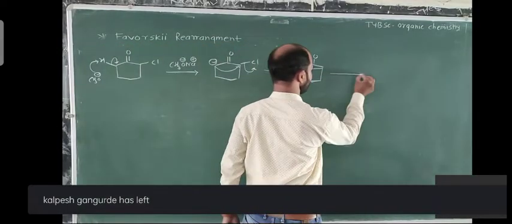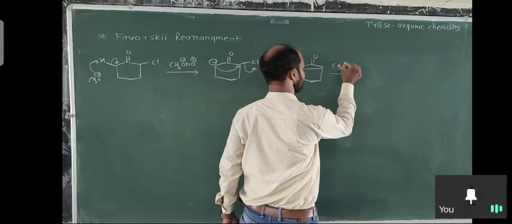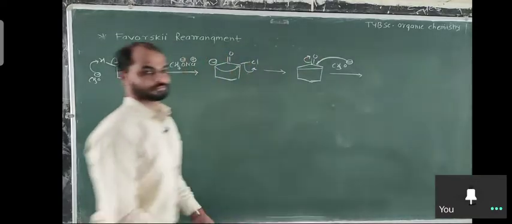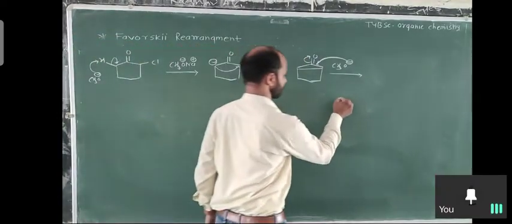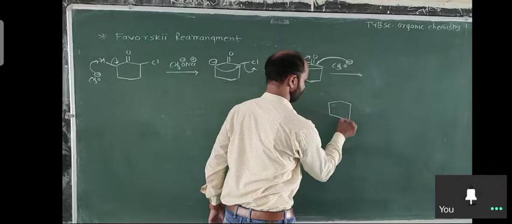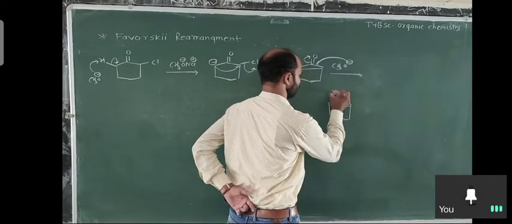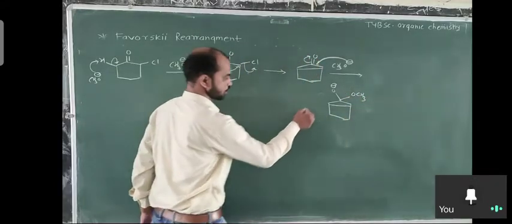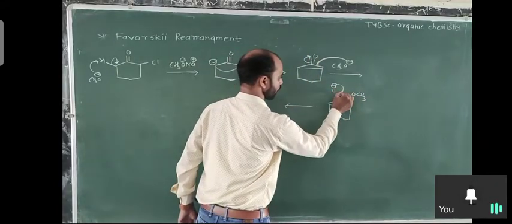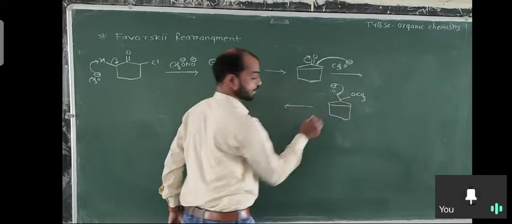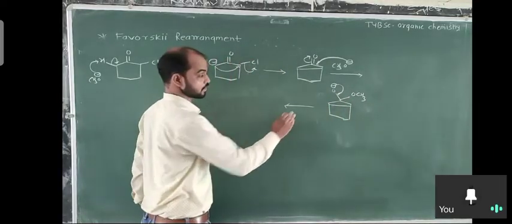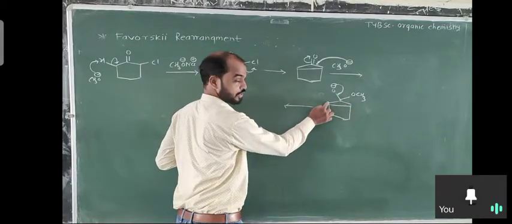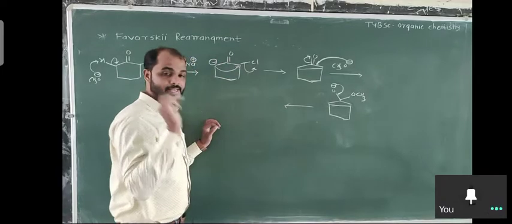When the cyclopropanone ring is formed, the methoxide is present. This methoxide attacks on the carbonyl carbon, there is a delocalization. O negative and here OCH3. So what is the last step? There is a ring opening. You can open this side or this side if the carbons are symmetrical. If both carbons are unsymmetrical, both carbons are different, so open that side where fewer substituents are present.